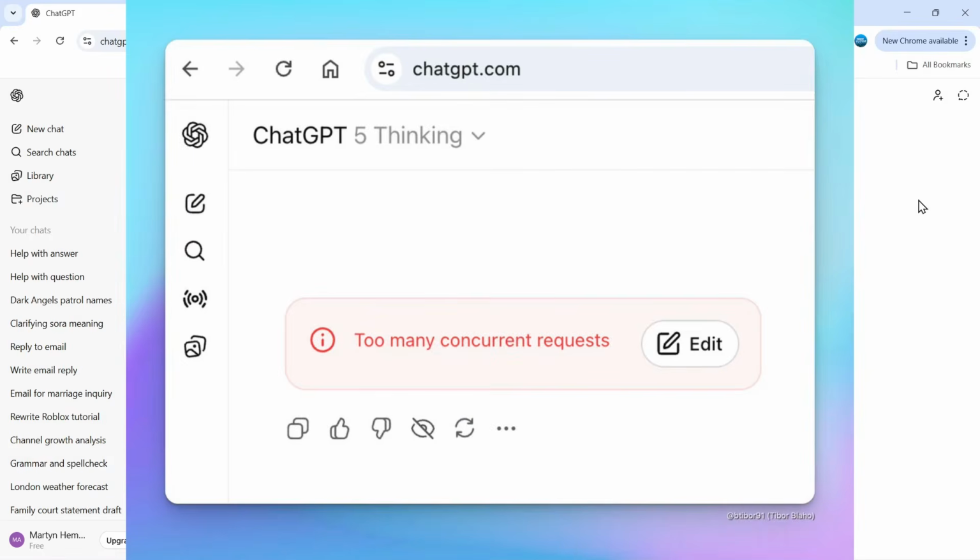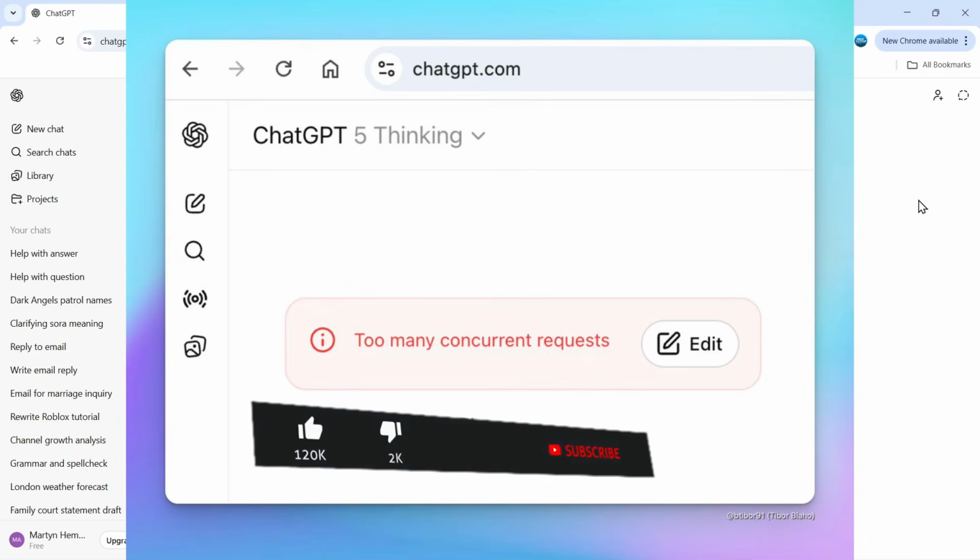requests error. This should be a quick and easy tutorial to follow, but before we do continue,